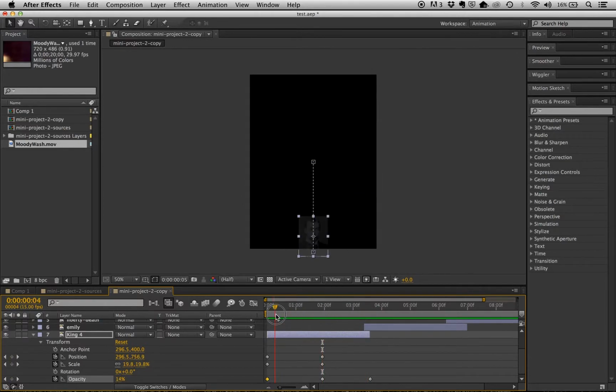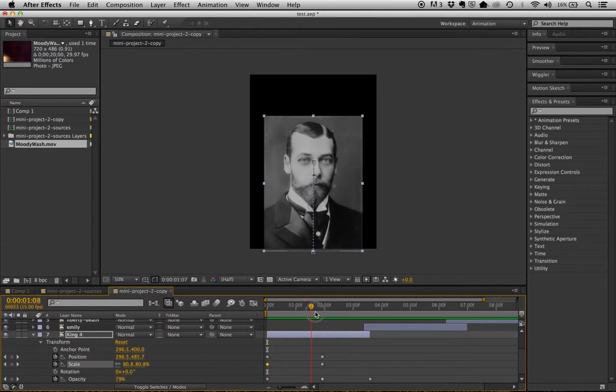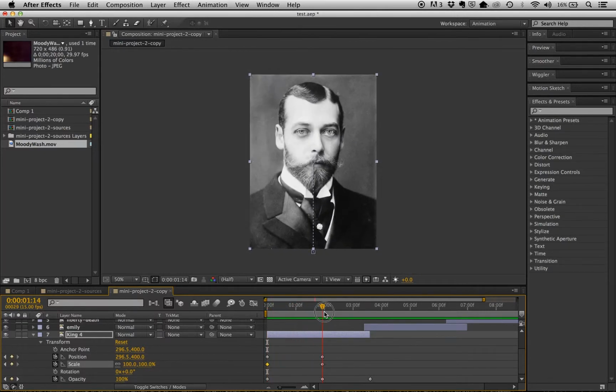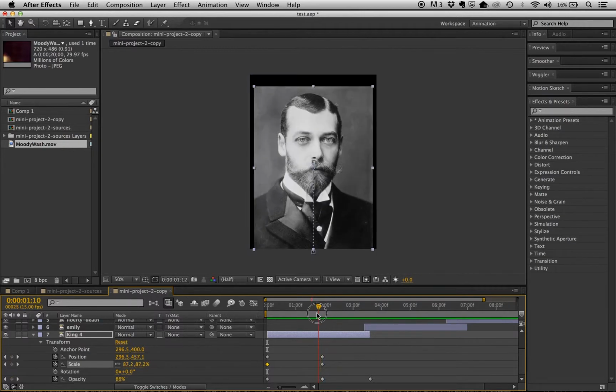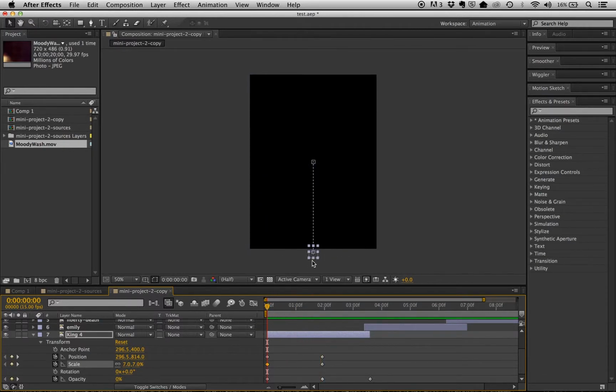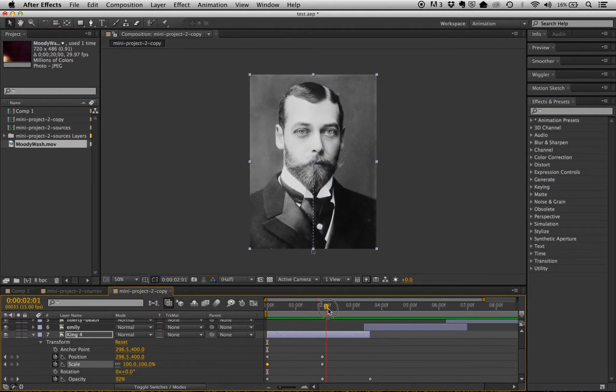And similarly with scale, so here if I click this keyframe, you'll see we go from 7 to 100%, and the position goes from being position X just off the canvas to central. So that's very simple to do. So how do we do it? So I'm just going to show you with the